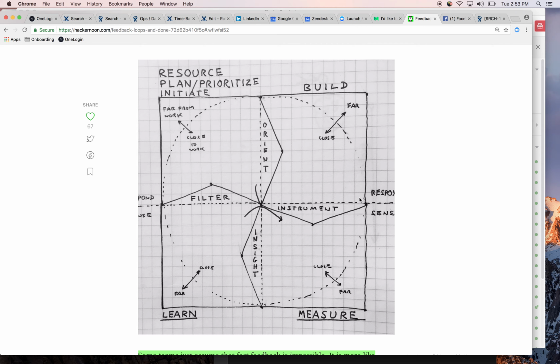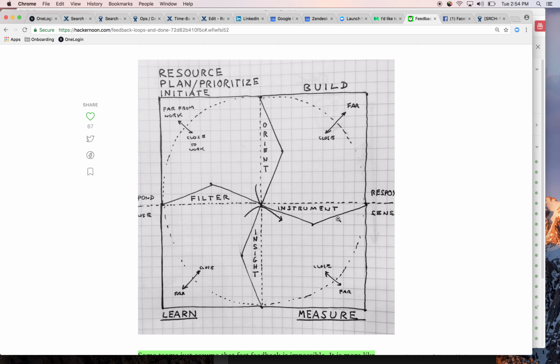You'll notice also there's two little lines that say respond and sense, and respond and sense, at the ends of the x-axis. And that's basically to divide this into this idea of sense and respond. And if you think about it, sensing has a lot to do with measuring and learning, and responding has to do with perhaps how we resource things and prioritize things, and then how we build them. So that's another aspect of this. But the real goal here was to